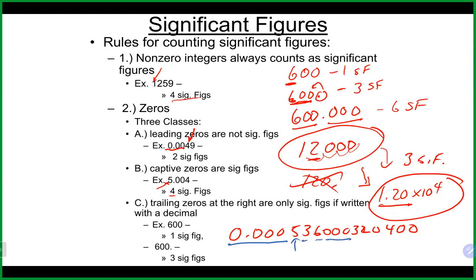All these zeros would count because they're trapped. This would count, that would count, the 0 here would count, the 4 would count, right? How about the zeros at the end? Do they count? The zeros at the end do count because of that decimal point there. So this would be, I have no idea, 1, 2, 3, 4, 5, 6, 7, 8, 9, 10, 11, 12